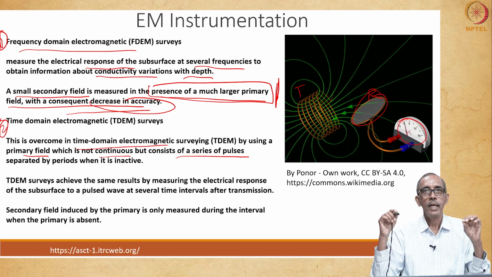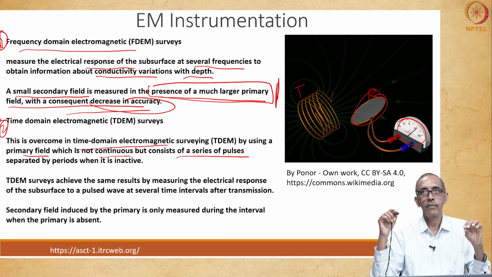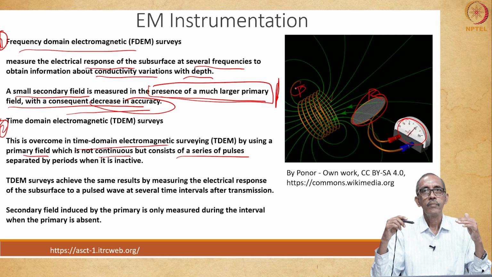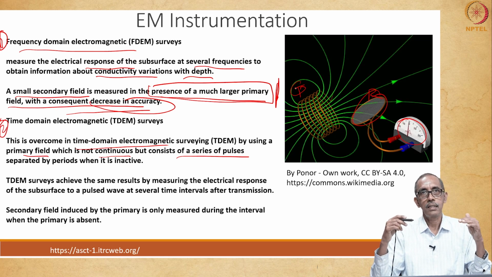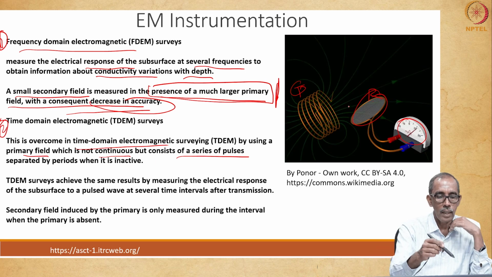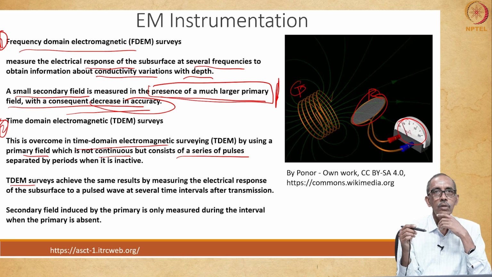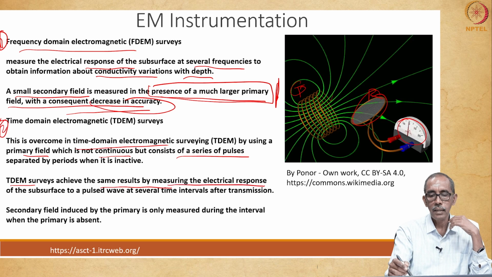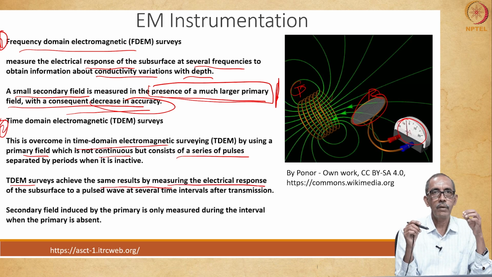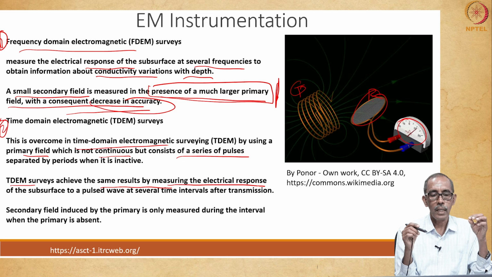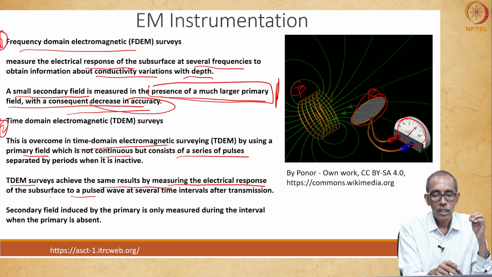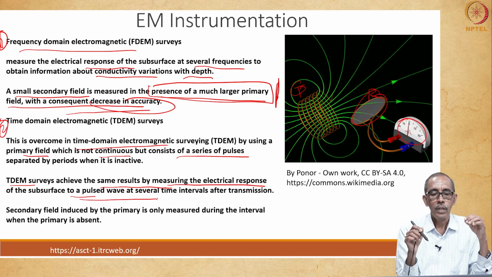The receiver coil will be activated when we have stopped the application of current. That means the transmission will be stopped and the subsurface of the earth remains energized for some time. During that time, the reception will be made. So, time domain electromagnetic survey achieves the same result of measuring the electrical response, but when we stop the application of the current. So, what we do is the response is measured to a pulsed wave